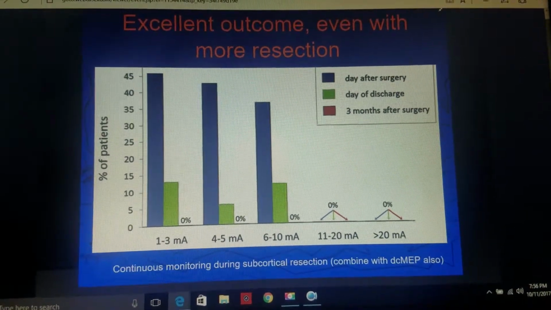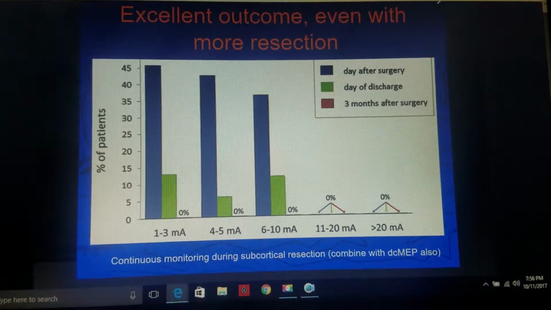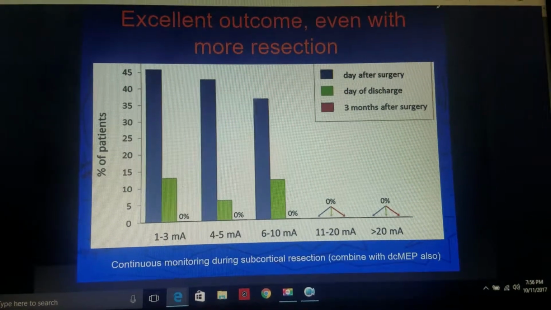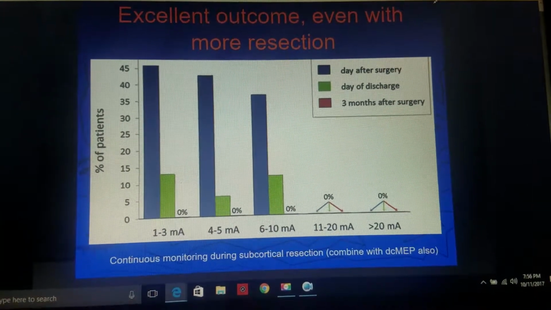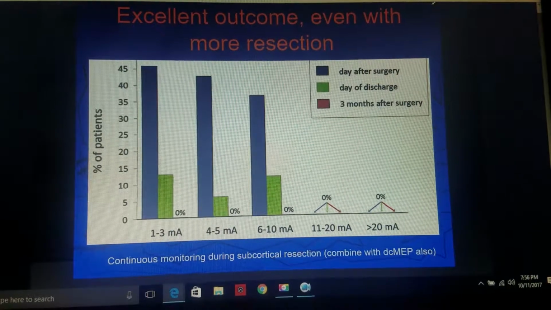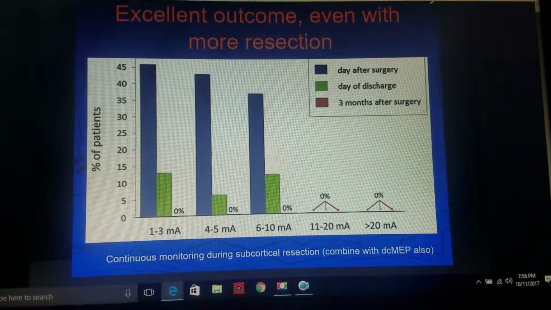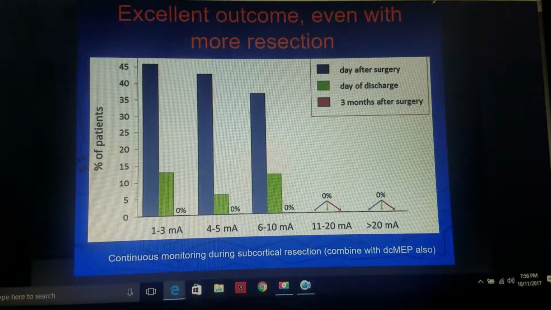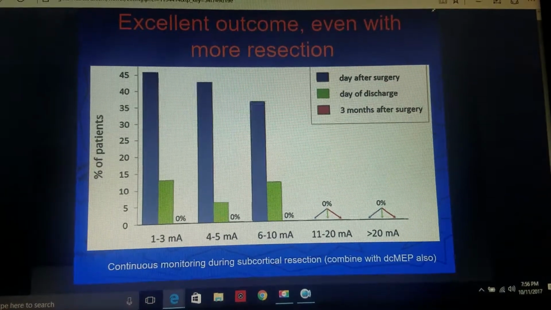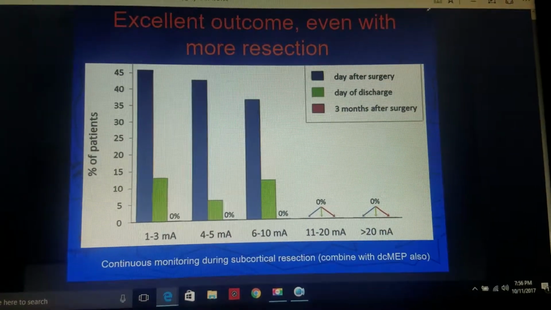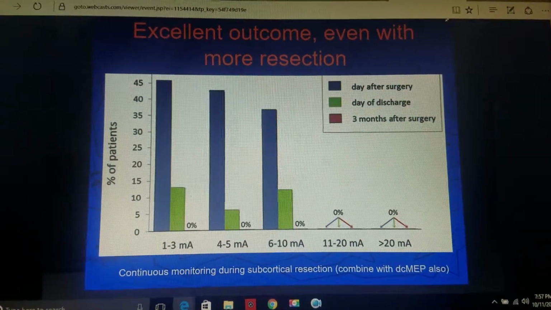Are there false negatives using 5 milliamps as your threshold and using direct cortical MEPs at the same time? False negatives would be not seeing the corticospinal tract even though you were close to it. Vern, there haven't been a lot of studies on this done yet. These are all very brand new techniques, but a false negative might be that you see the direct cortical motor evoked potential, but you're not seeing the